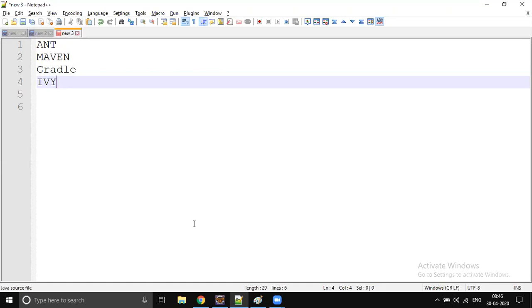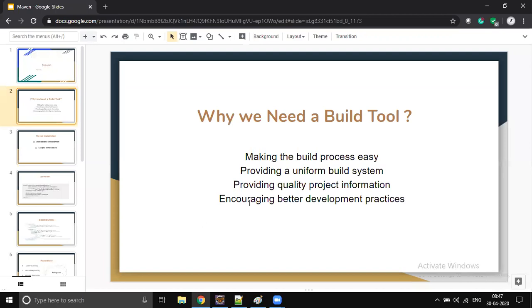All the build tools perform the same activity, but they support different languages. Ant is written in XML, Maven is written in XML, and Gradle is written in a script, a Groovy script. Whichever way you feel comfortable, you can select that one, but most of the time you go with Maven. Ant, Maven, Gradle, EV, all are build tools only. You can select any one of them, and we choose Maven. There are a few benefits.